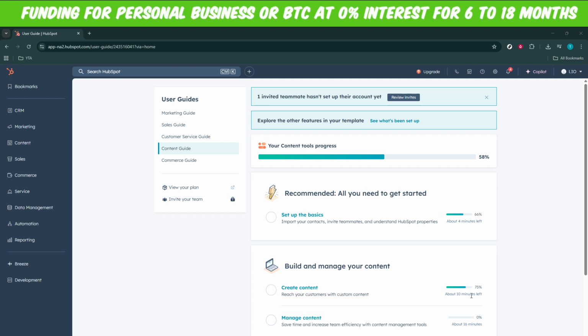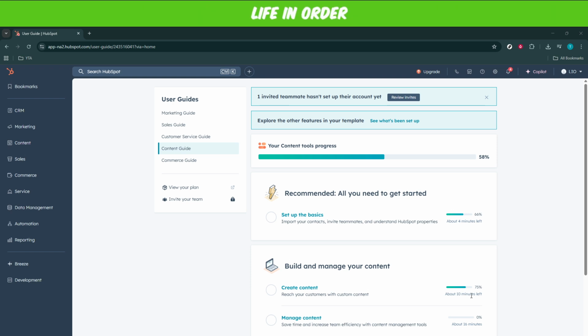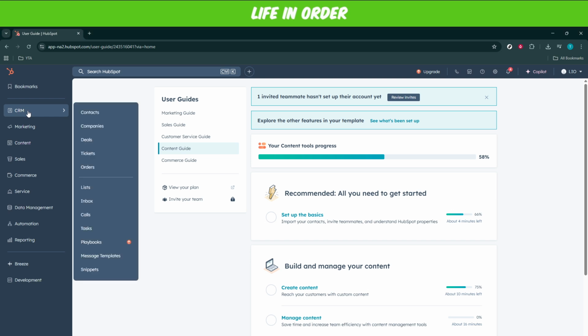Once you're there, the next thing to do is click on CRM. This is where things really start to happen. The CRM, short for Customer Relationship Management, is the heart of HubSpot. It's where your customer data is stored and where you can manage all interactions. Clicking on CRM will open up a plethora of tools you can use to track and manage your customer relationships